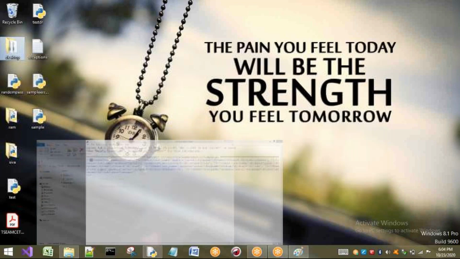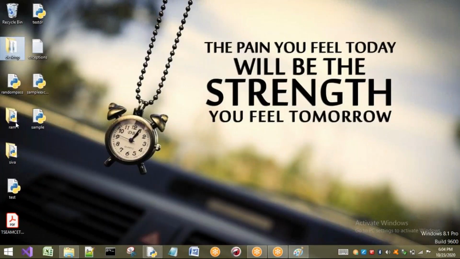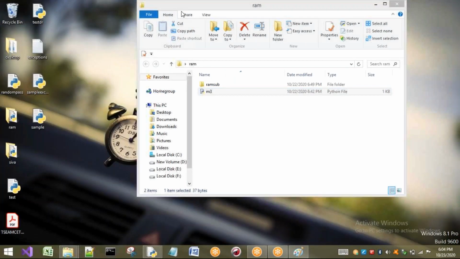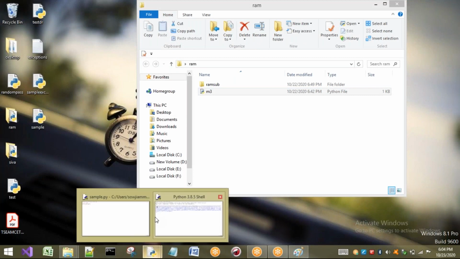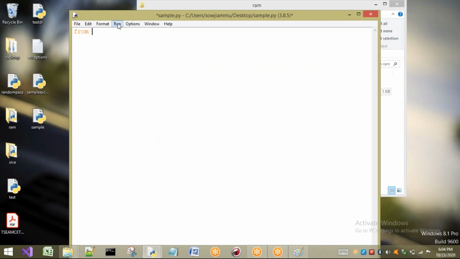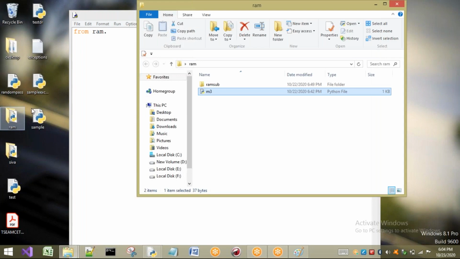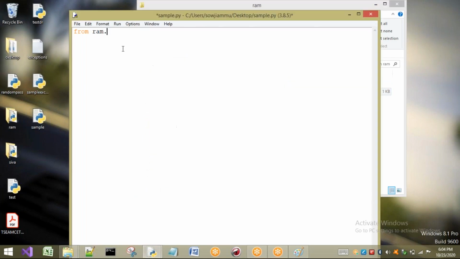To access this, from the desktop I can import it. In yesterday's class we have seen that. Let me show you. What is the name of that directory, the package? Ram. From Ram dot, inside that I have M3.